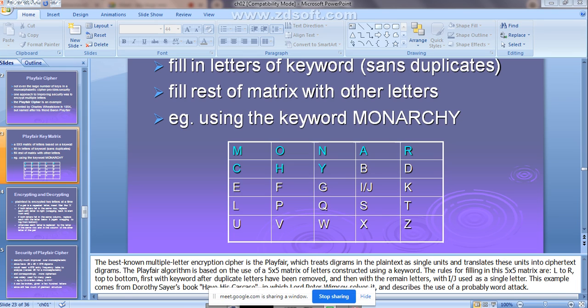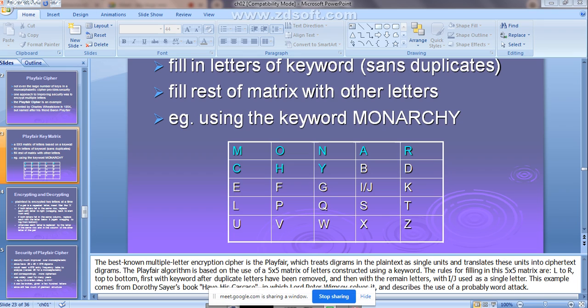Like this, for example, tell me now, if I consider the characters as EA. I hope all the four rules are clear. Any doubt with respect to the four rules? How they are going to encrypt the plain text? Now I'll give the plain text as EA. Check it out with respect to that matrix.